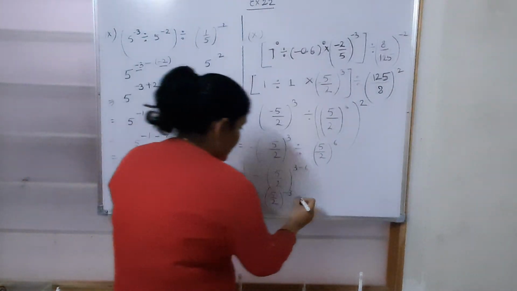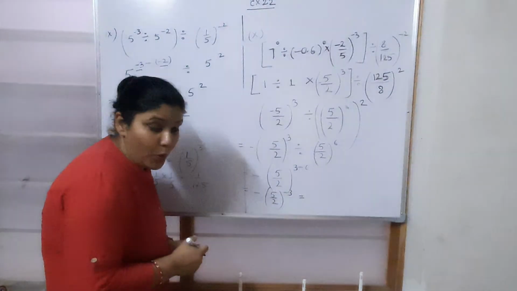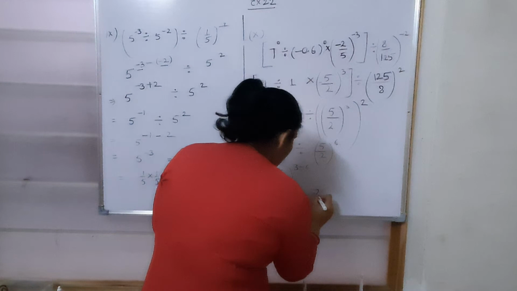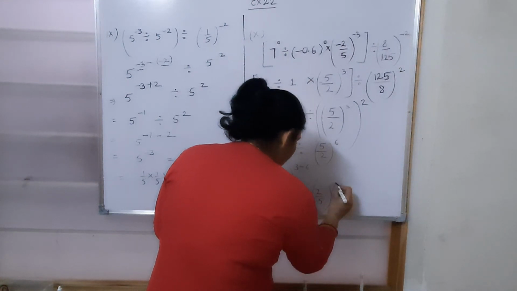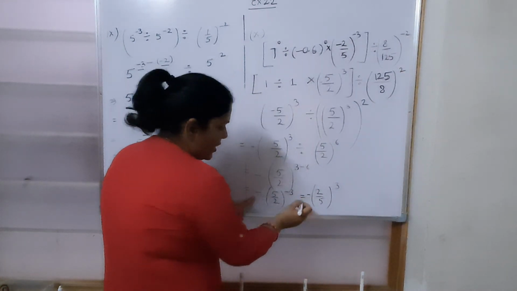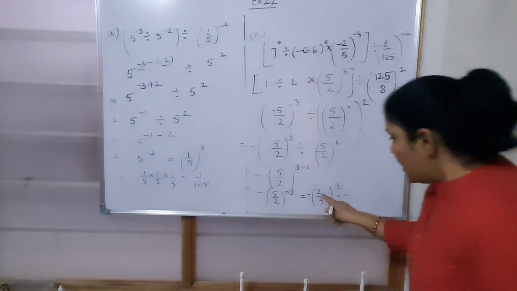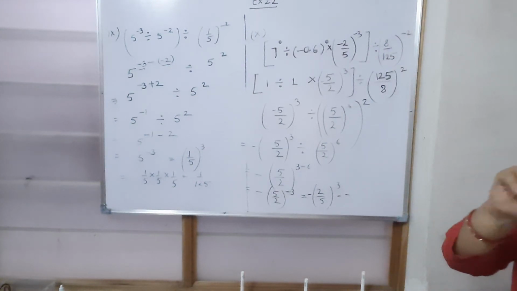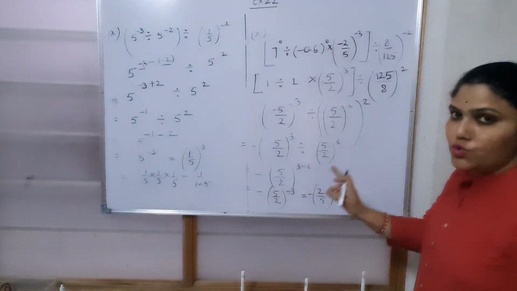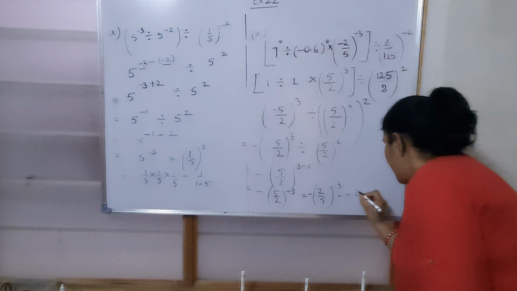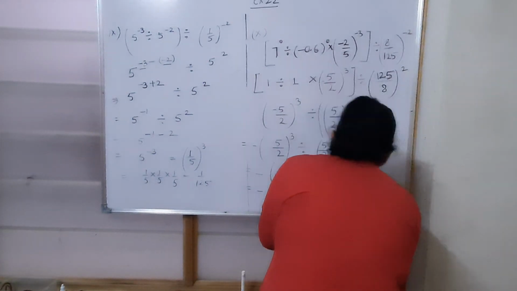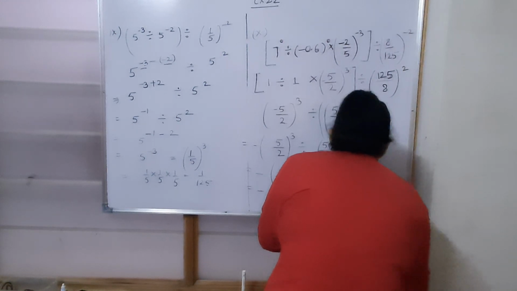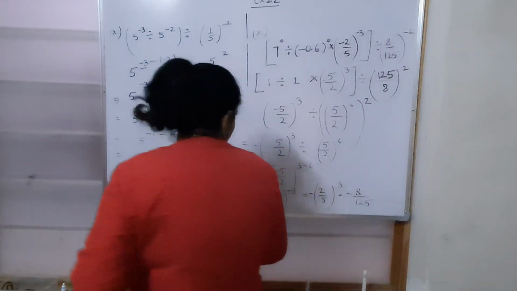Now how would you solve this? We will make the exponent positive. 3 minus 6, sign will be of the greater number, minus 3. So this is going to be 2 upon 5 whole raised to the power 3 and we have the minus sign outside. Now 2 upon 5 into 2 upon 5 into 2 upon 5. Numerator will be multiplied with numerator, means 2 into 2 into 2, which is 8. And 5 into 5 into 5 is 125. So we got the answer minus 8 upon 125.